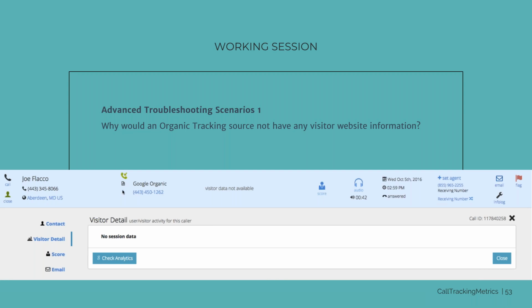That means they took this phone number and put it onto the landing page itself. We see this more commonly with paid campaigns because they're using landing pages. It's very common for people to just put that number on the page and not include our tracking code, so it's basically an offline source, and thus we aren't able to attribute any session data.